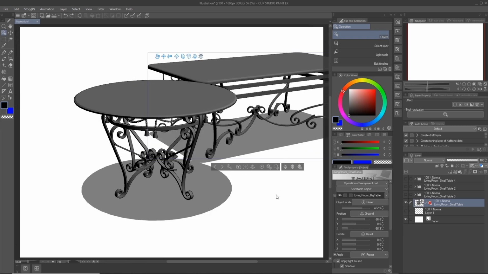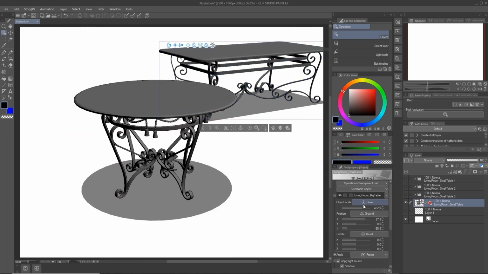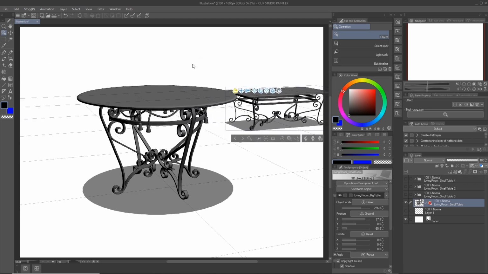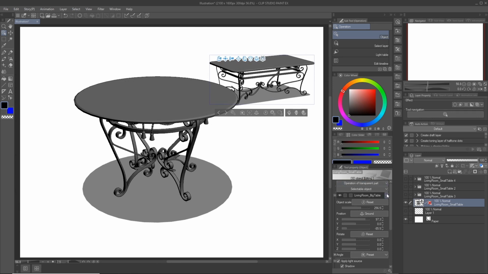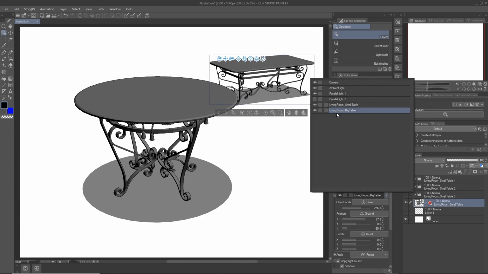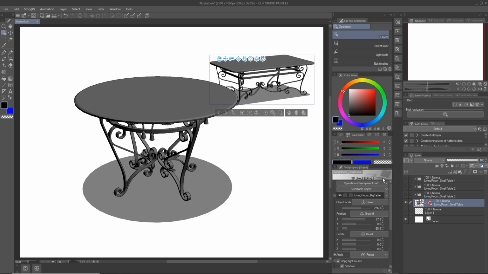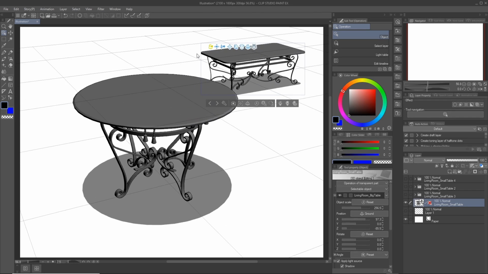Something that's important to note is that notice how the 3D objects are both existing in the same space. When I tumble the camera around, it moves around both of the objects in this scene. And that's because under the tool properties, we can see that there's a list of objects on this layer. We have the small table and the big table. Again, that's just right here, a bar at the top of the tool properties. And the reason that they're both existing in the same world space is because we imported the second 3D object